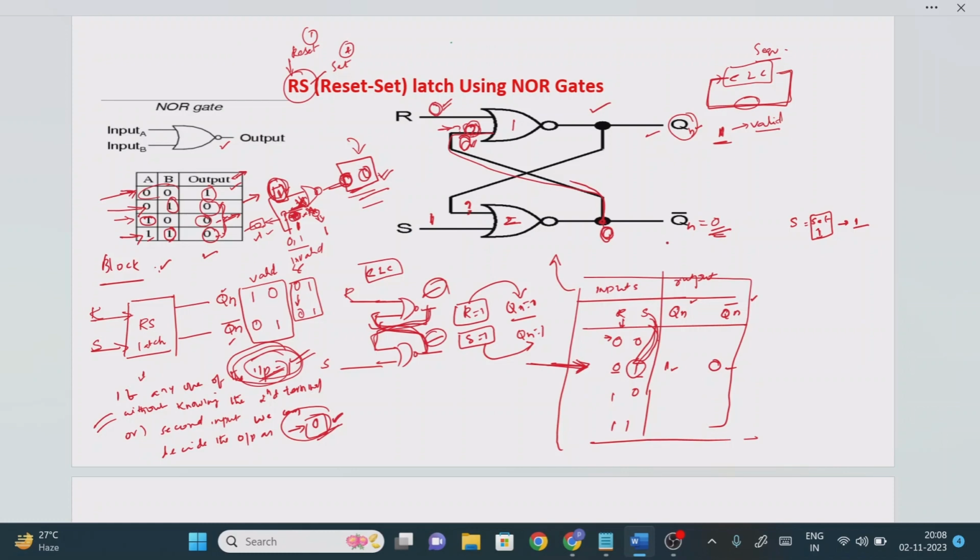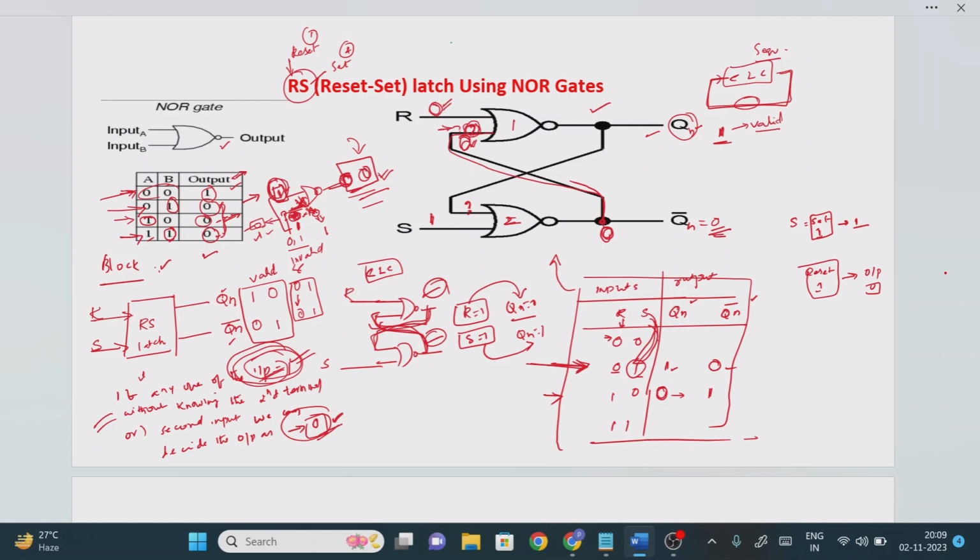Now for example, suppose you are taking the input value as something like 1 0. Now try to guess what the output is without passing the value into the circuit. Now R value equals 1, S value equals 0, right? Now which is activated here? 1 means which is activated? R is activated. So what is the meaning of R? R means reset, right? It means that when reset is activated, reset means 1, the output should always be 0. It means that what should be the output here? 0. And this is just the complement of this value. Complement of 0 means 1, right?